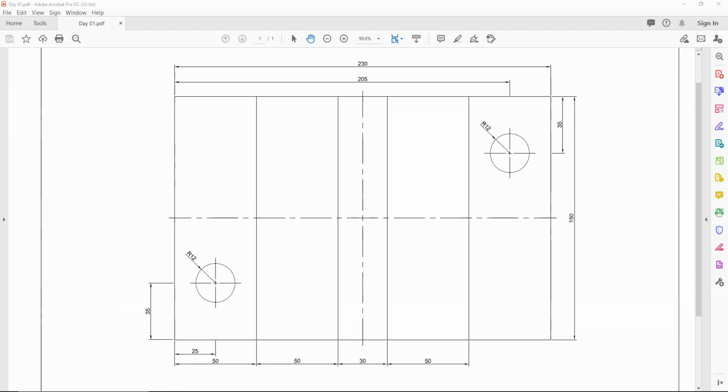So here it is. This is the first day of our challenge, our starting point, and this is today's challenge. So we have a rectangle component here, which is 230 mil wide by 150 mil high. This component has also two slots channeled at the actual middle, and has two holes, bottom left and top